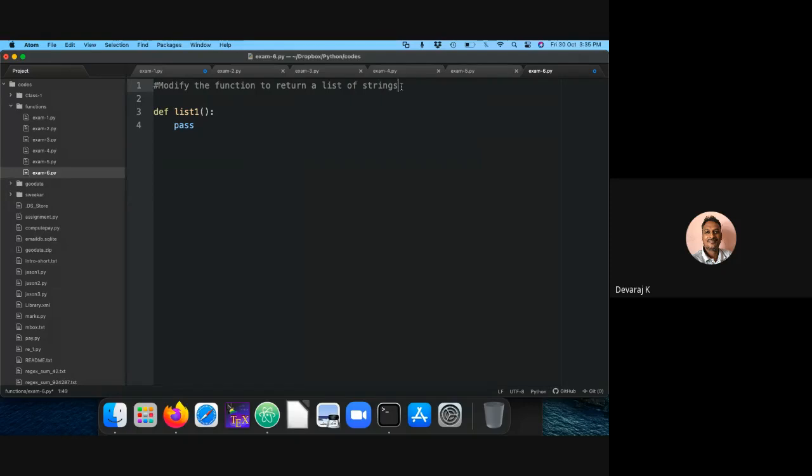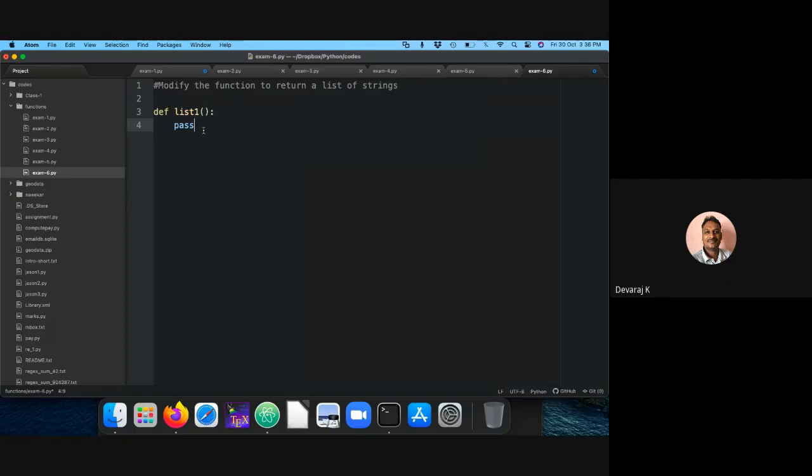A list of strings. So what I need to do, I should be able to build a particular information. I should be able to write one more function which can read whatever I'm trying to define.